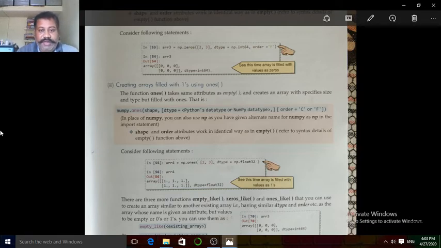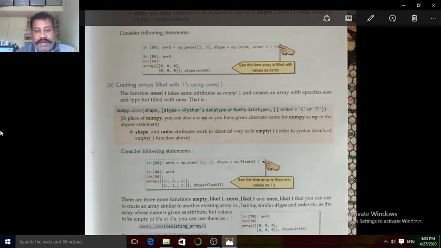When we print this array of size 2 rows and 3 columns, it will print directly in the form of ones, the elements filled with ones, with 2 rows and 3 columns.